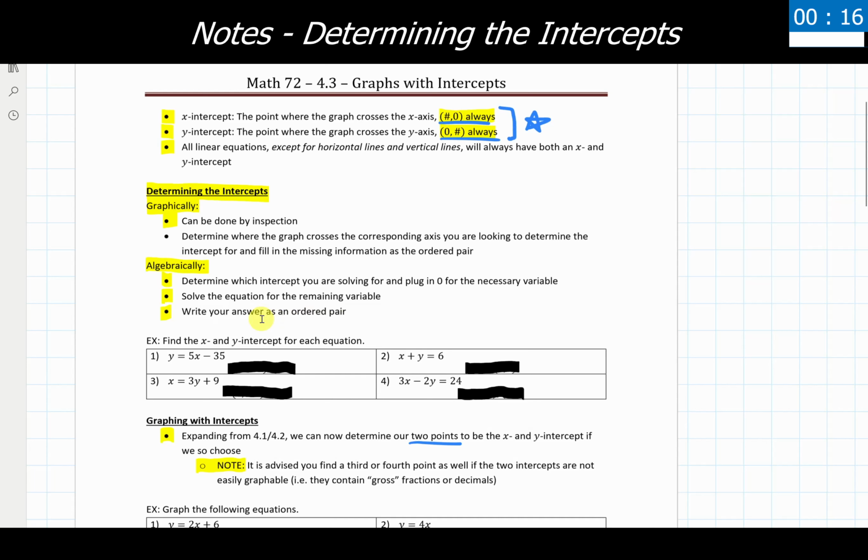So we're going to take a look at these four examples here. We're going to use the first one. We're going to take a look at that graphically, and then for the other three, we'll go through and solve those algebraically to get to our answers. So let's jump on over and do that now.